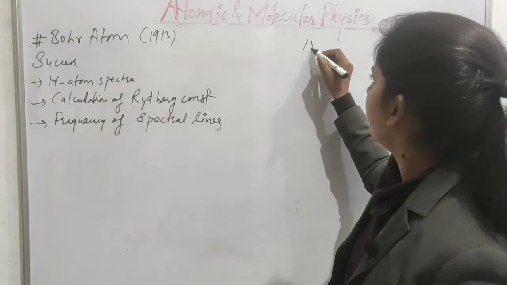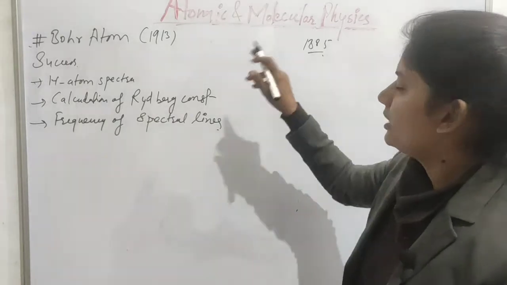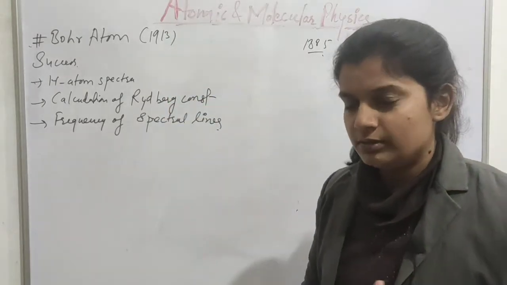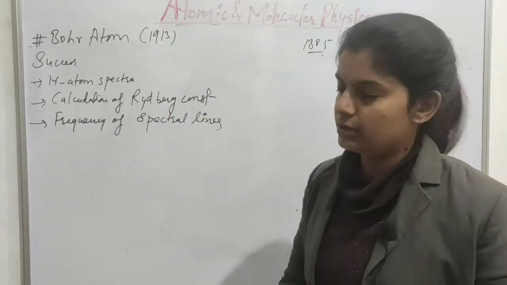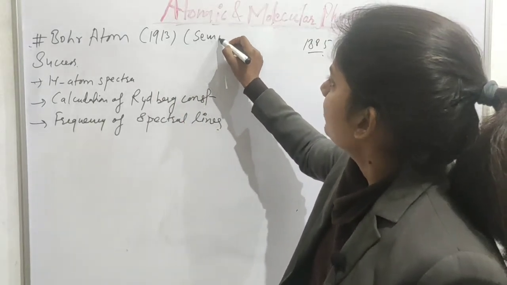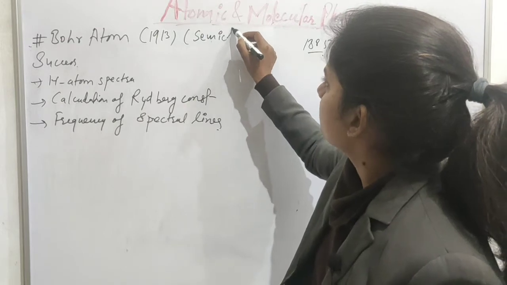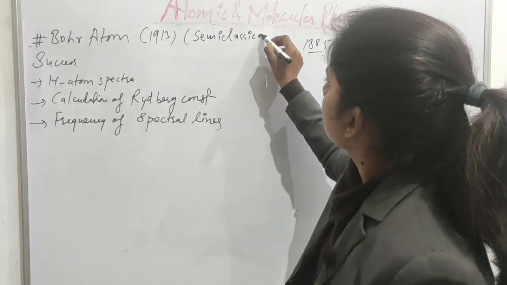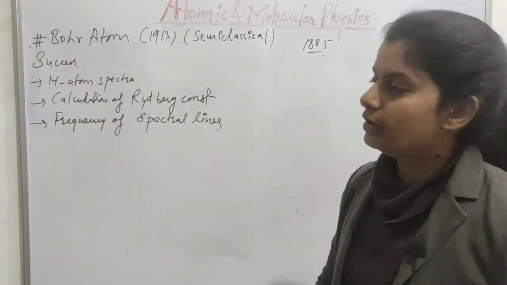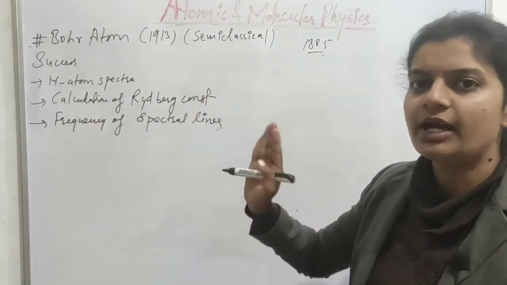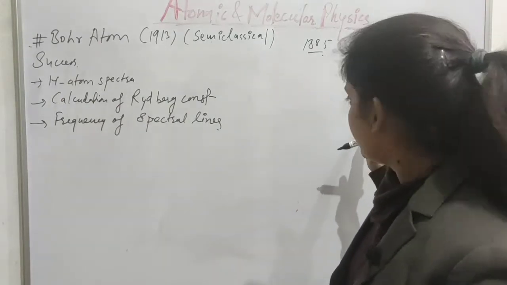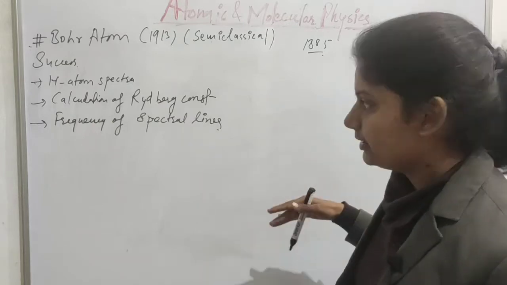Balmer found the formula in 1885. So nearly 30 years later, Niels Bohr presented a model in order to explain the spectra of the hydrogen atom. That model was a semi-classical model. I will try to answer why this model is called a semi-classical model. Let us first throw light on the successes of this model. This model successfully explained the hydrogen atom spectra, why the spacings are like this, as I drew earlier.